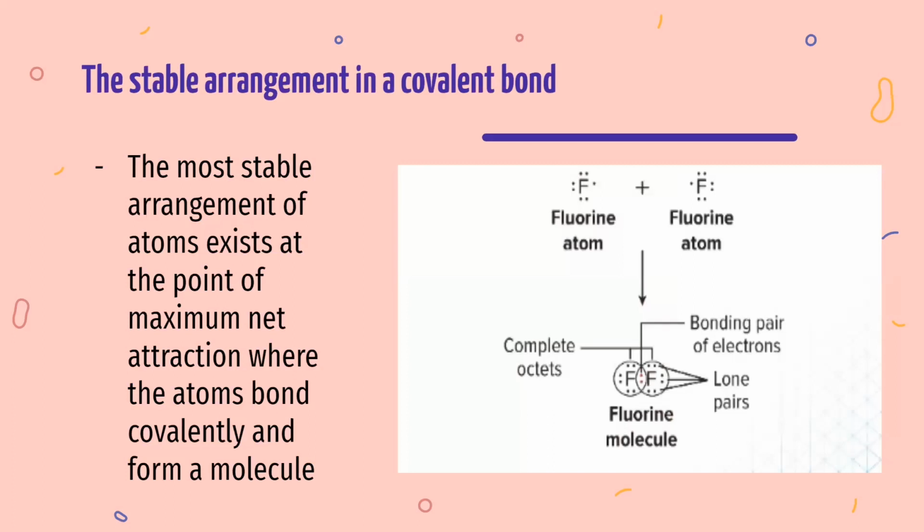All right. And the stable arrangement of the atomic bonds exists at the point of maximum net attraction, where the atoms bond covalently and form a molecule. And what this means is basically that if you add these two together, it will have a net of zero, right? So, for example, like the fluorine atom, because it's in group 17, it's missing